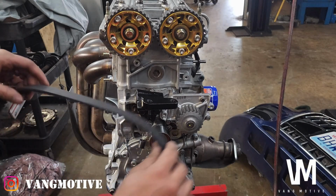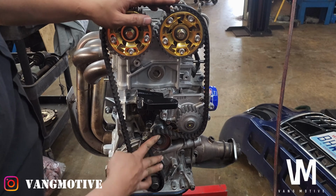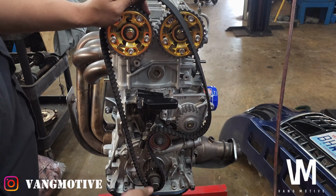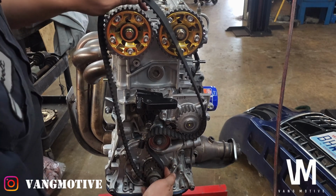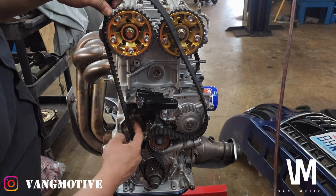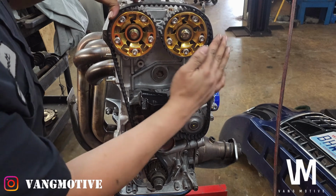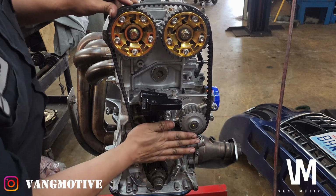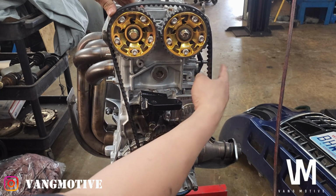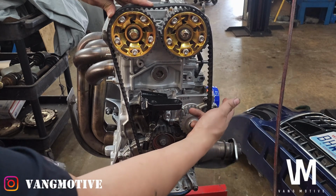Okay guys, so what you want to do first is set the timing belt on here. What I usually do is go around the water pump first so I can put some tension on here, and then keep this guy up here loose like that, and I just work my way down. And you want to pull all the tension on this side. You want to make sure this side is pretty tight. Work your way around. As you get it sitting in there, this side should be pretty tight like this, right? As you can see, I'm already hitting it, and this side, if you hit it, see how loose it is. So we're going to pull all this slack in